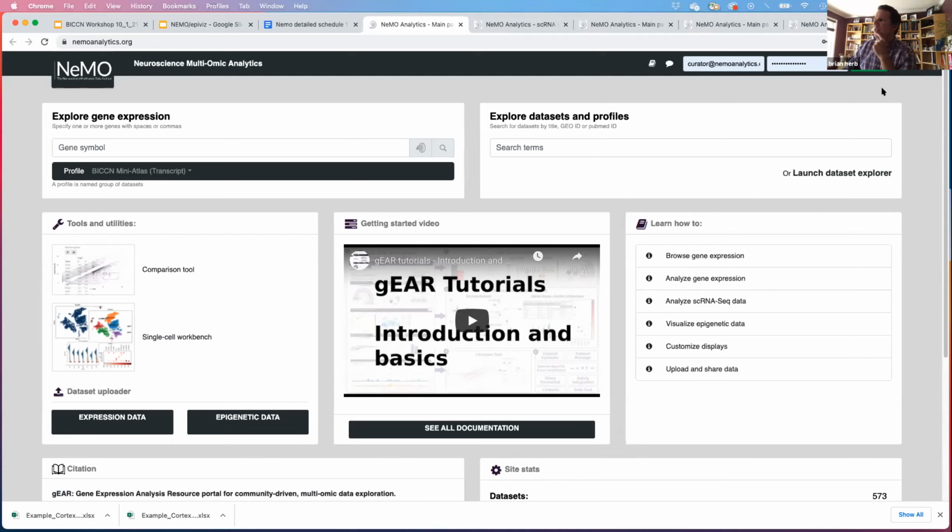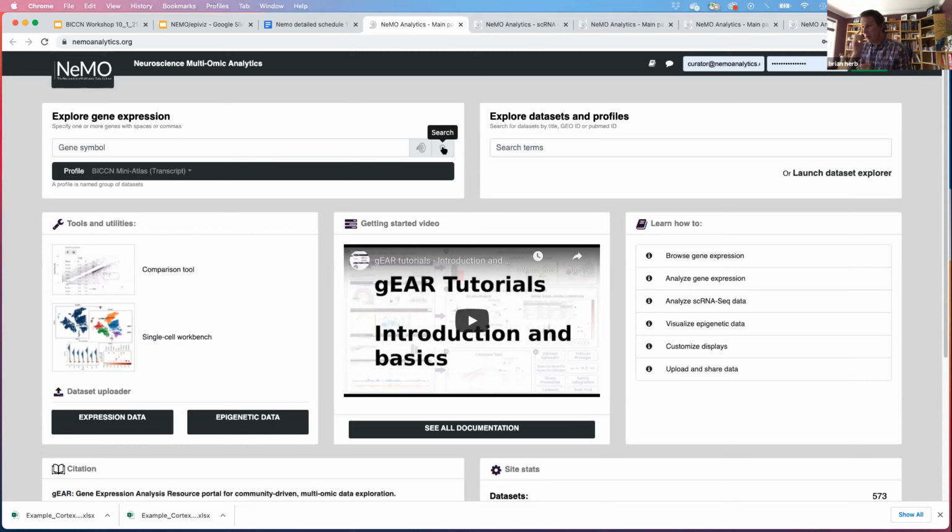And so as folks are creating the accounts, I'm just going to go over a few of the features of the front page. If you ever need to get back to this home page, you can always click on the NEMO in the upper left. The site itself is very gene focused. So if you click on this upper left-hand box here, type in a gene symbol, it does a few things for you. One is that if you simply typed in, say, SOX, you would get that entire gene family. But if you only want SOX2, type in SOX2, hit the exact match, and your search then would only look for that single gene.